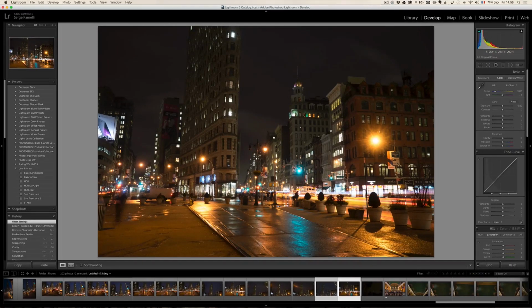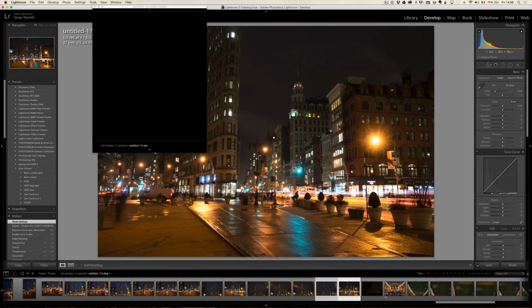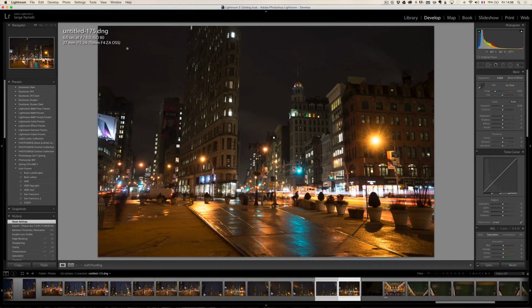So what I usually do is I shoot manual. Let me show this to you. Take this off. This first photo was shot at 6 seconds on a tripod. I wanted to get a long exposure because there were a lot of people passing by in cars, so sort of getting everybody sort of blurry. And at f8, ISO 80. The only reason why I didn't go for like f13 to get more of a starlight effect in the lights, is because I didn't want the exposure to be too long because there were so many people passing by that 6 seconds for me was a good window where I could catch